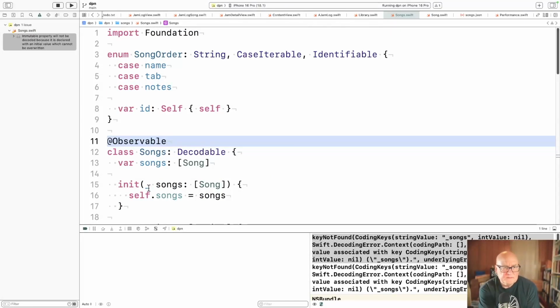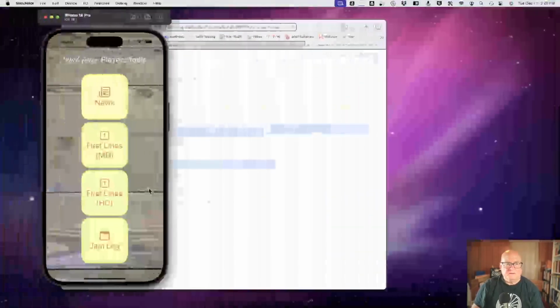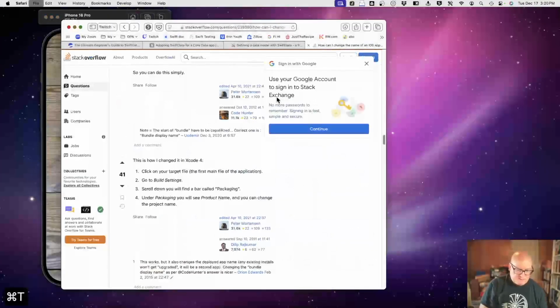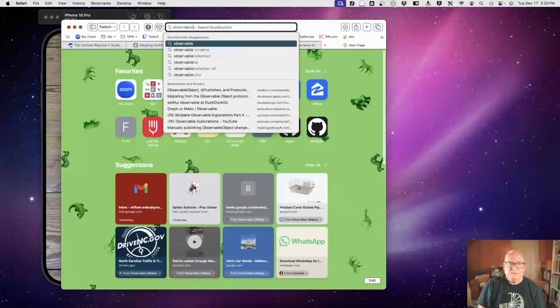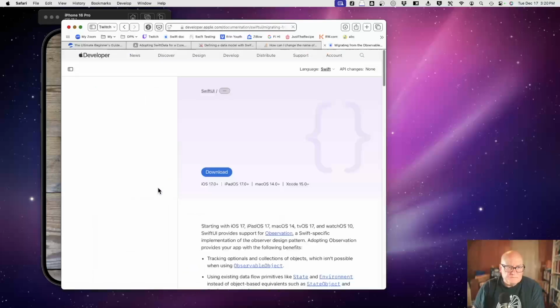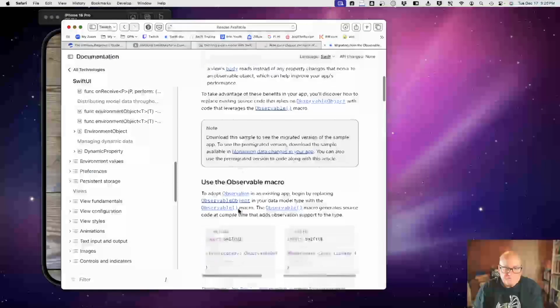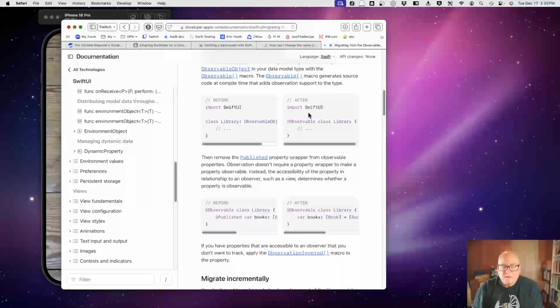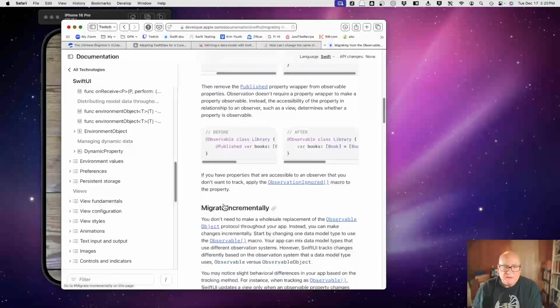All right, let's go find examples with observable in SwiftUI. Okay, before you were observable object, now we just say add observable. Yes. Remove published property from individual properties.